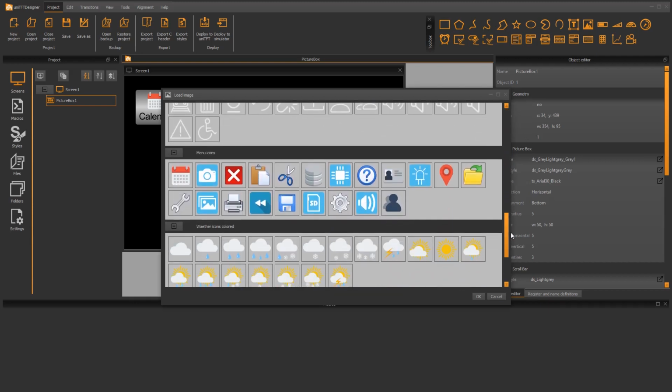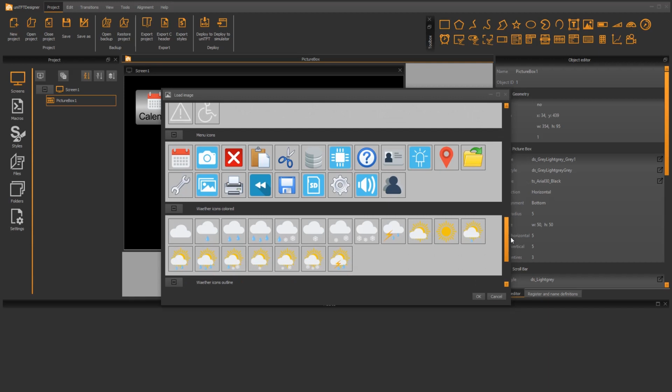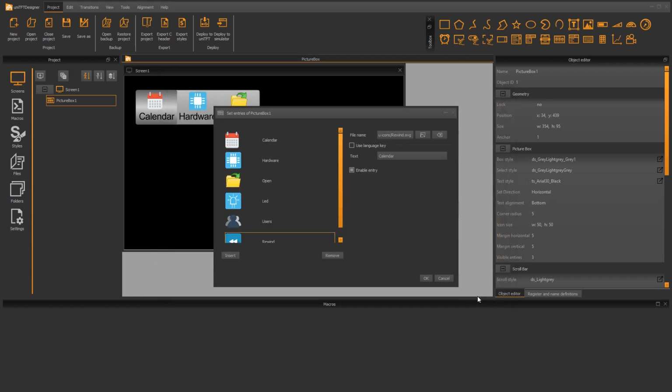Additionally, you can find a small collection of icons. In this dialog window, we can select more than one image. We choose 3 more icons. If you want to change the icon afterwards, you can do this by double-clicking on it. By default, the file name of the icon is displayed as text. This can also be changed by double-click.